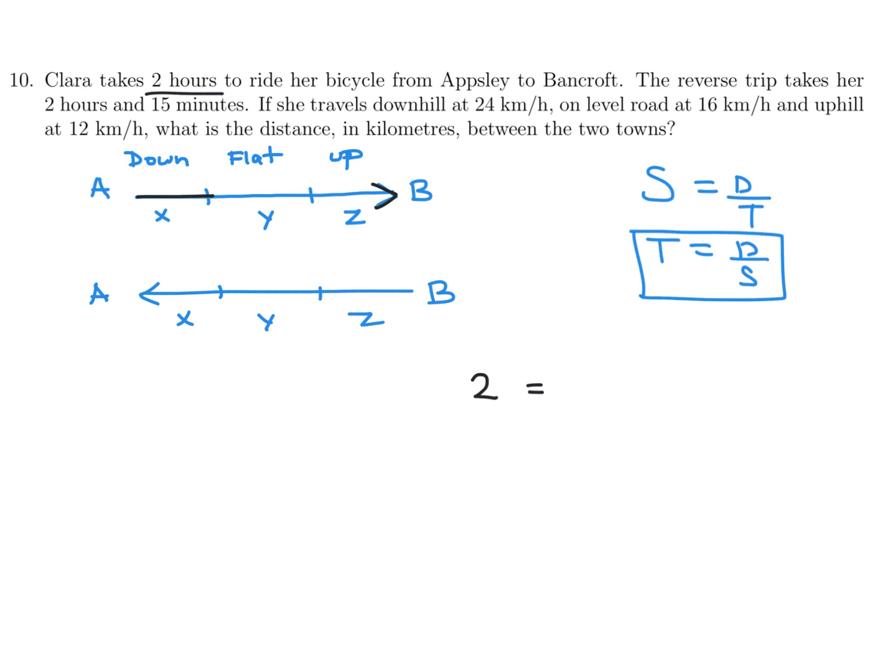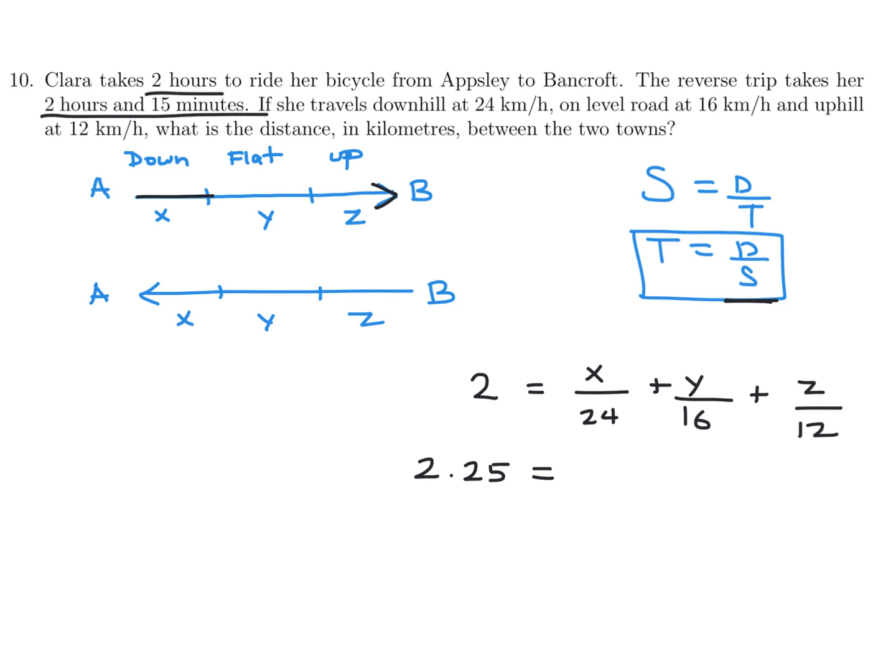So this first segment would be the distance, using that formula right here, the distance over speed. So she's going downhill at 24. And then distance over speed, y over flat, is 16, I believe, right? And then the uphill, z, is 12. Okay, and then the next part is 2 hours and 15 minutes. So in terms of hours, that'd be 2.25. And this is going to be,